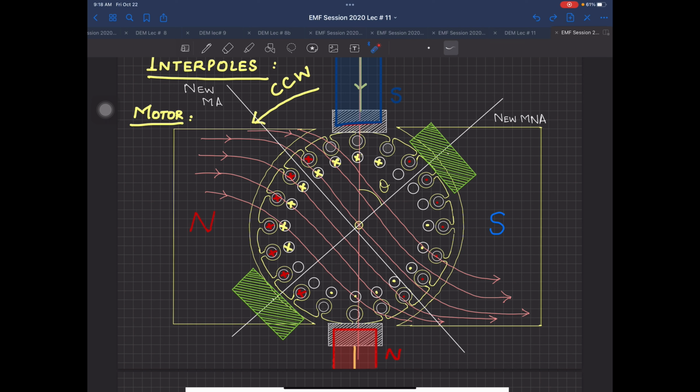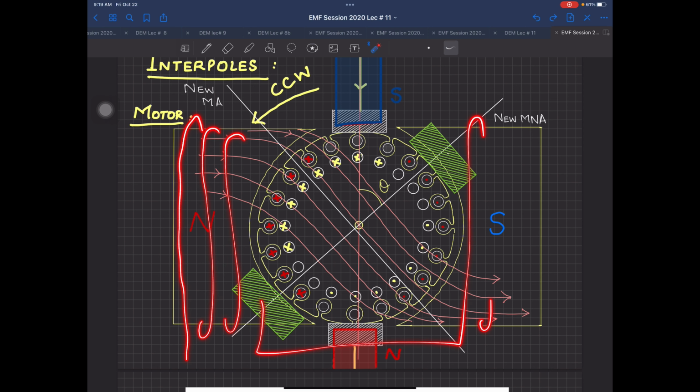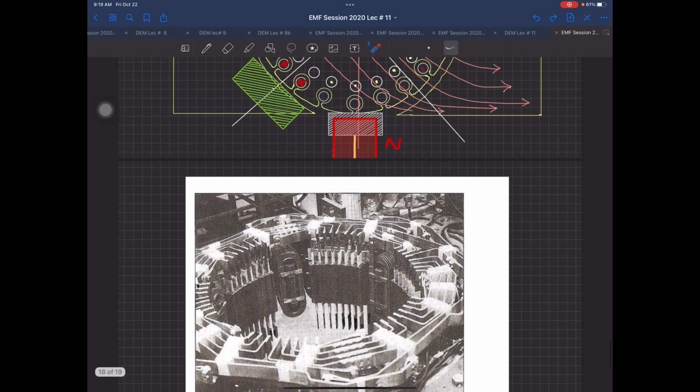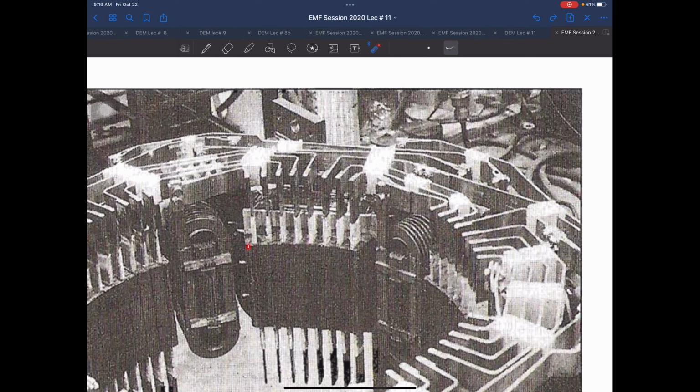This is a permanent magnet also. You can have windings on this one also. It can be an electromagnet, like this. It's totally up to you. In this diagram, you can see what is happening. These are the poles, and this is the winding. So you are having those windings and it's an electromagnet over there.